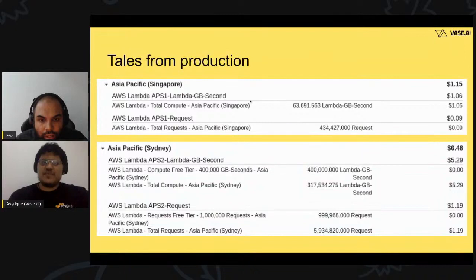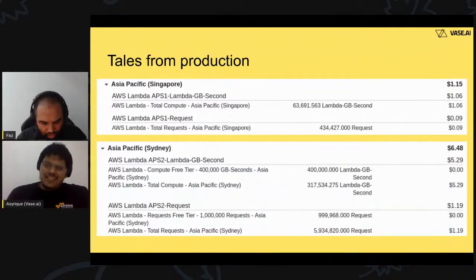This one? Oh, I think it is per region. I think it's per global region, because I think it's per region. But maybe I'm wrong. I think it's global, because we used up our 400 here and we couldn't use it here. Oh, okay. It doesn't have it here. You notice these are two different regions, right? So yeah, it is global. But yeah, you get 400,000 gigabyte seconds, which, what's a good way to think about that?